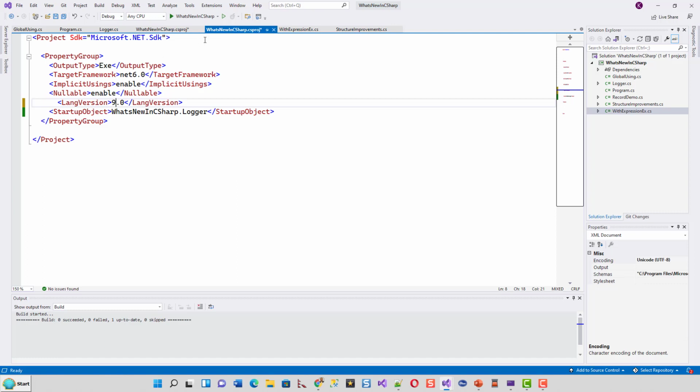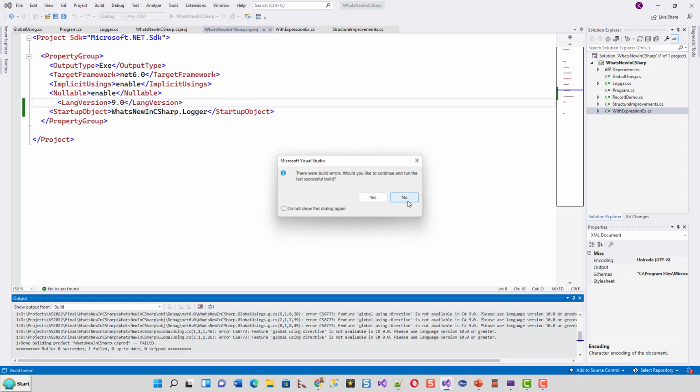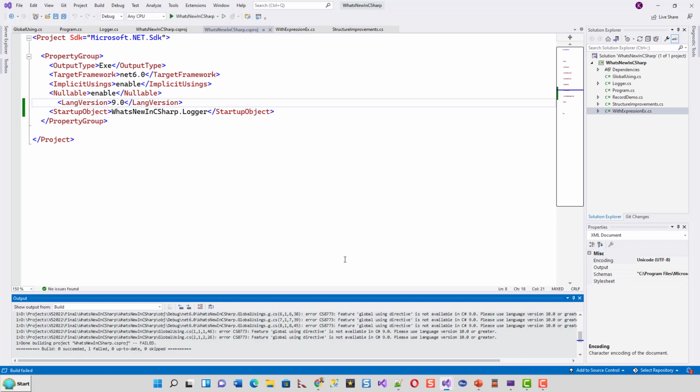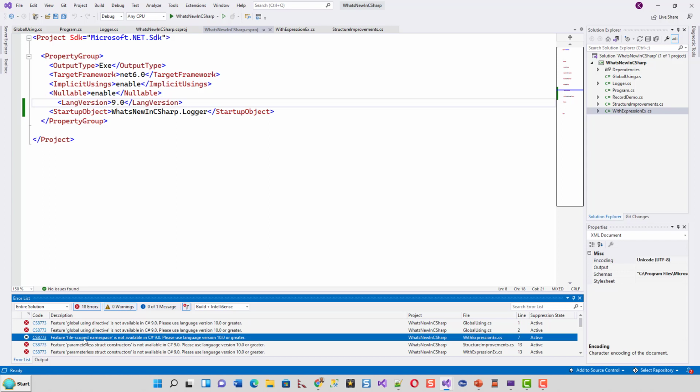If you try to run this application, it will come up with errors which will straight away tell you that these features were not available. There are build errors. See, feature global using directive is not available in C# 9. Please use language version 10 or greater. Feature file scope namespace is not available.